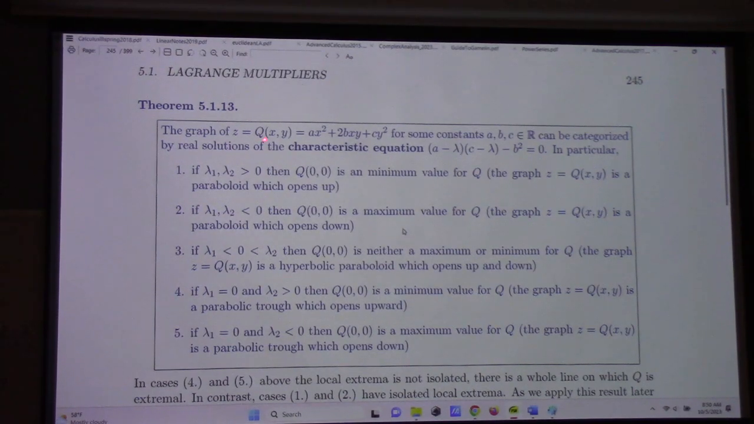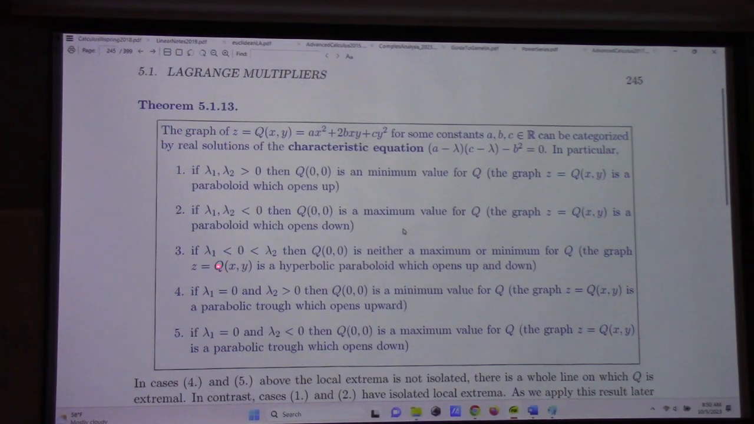But it turns out that you can understand what the graph looks like if you think about different cases. If both of the lambdas are positive, then q of 0, 0 is a minimum value for q, and the graph is like a paraboloid which opens up. If the product of the lambdas is less than 0, then q of 0 is a maximum value. It's like a paraboloid that opens down. I should say, if they're both negative, right? Now, if one is positive and one is negative,